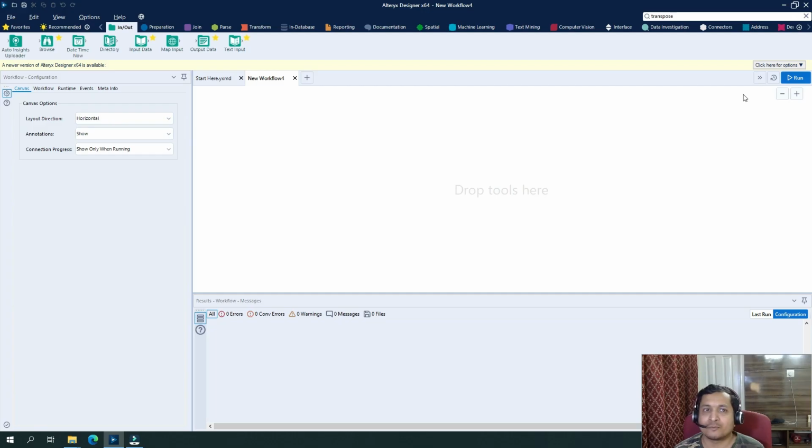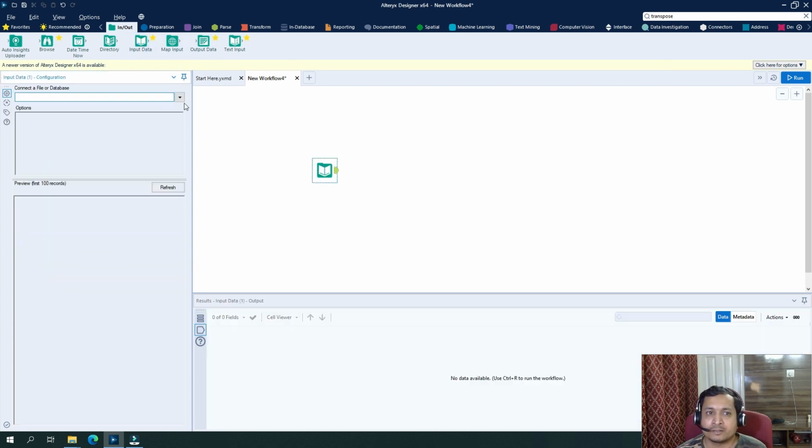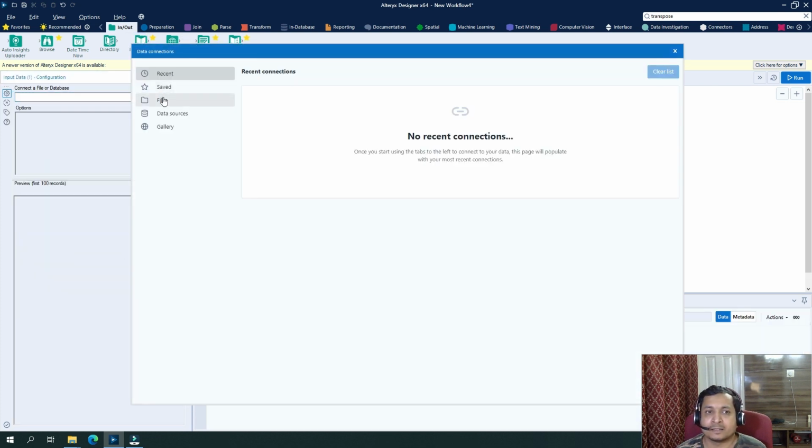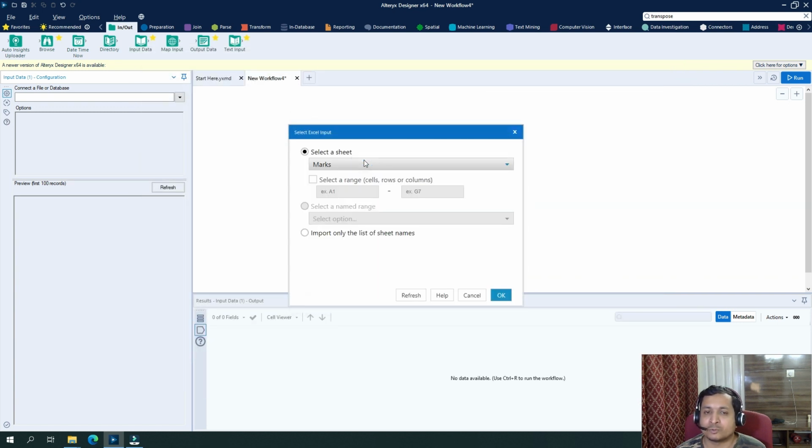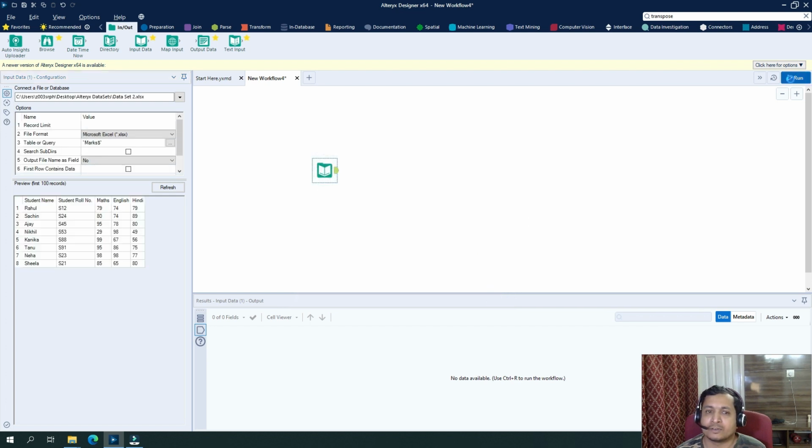Now you could see the familiar screen of Alteryx. In order to understand the Transpose tool and what it actually does, let's drag in a dataset and play around with it, transform that data and see what transformation it can result into our data set. So I will drag in the input data tool here and then try to select a file, dataset 2, and select a marks sheet. And if I run it,